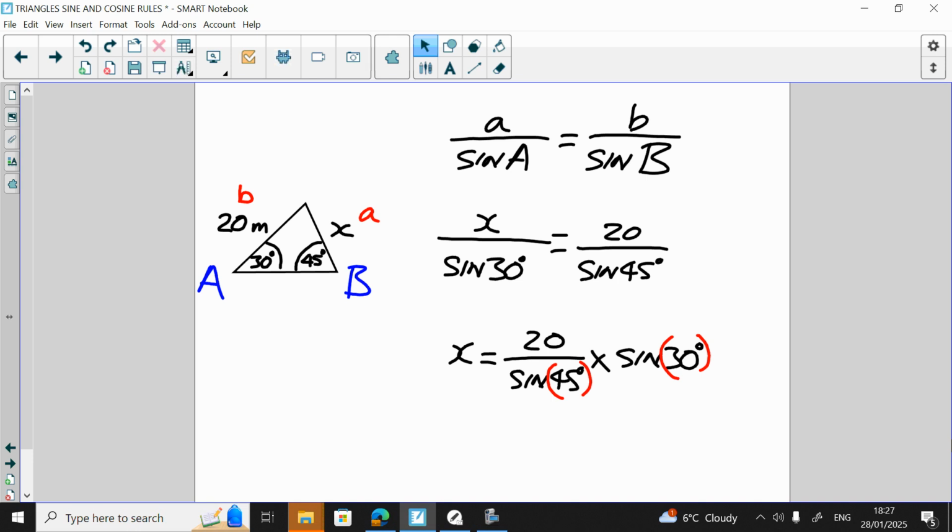I think it would. No, no, not 10 root 2. No, 5 root 2, because sine 30 is a half. Right. It might say 5 root 2 in your calculator, so you need to change the mode. Well, you don't need to. 5 root 2 is